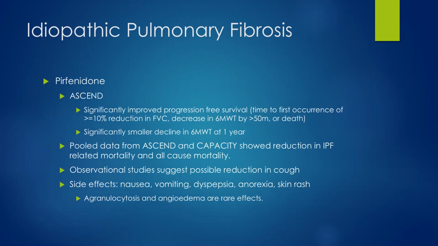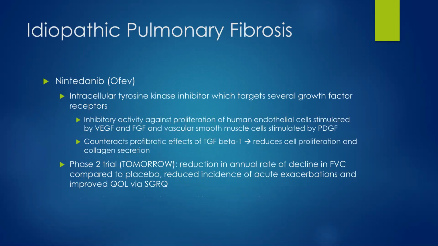So if you're ever actually going to start this on a patient, because both medications work, pirfenidone and OFEV, it's the side effects. I decide based on what side effects the medications have and what patients think they could tolerate. The most common one, all of them have GI upset. There's a photosensitivity rash that people on Esbriet can get. So I had a golfer who wanted to still be able to golf. He was really concerned about the rash, so we went with OFEV for him. Sometimes it's something as simple as that.